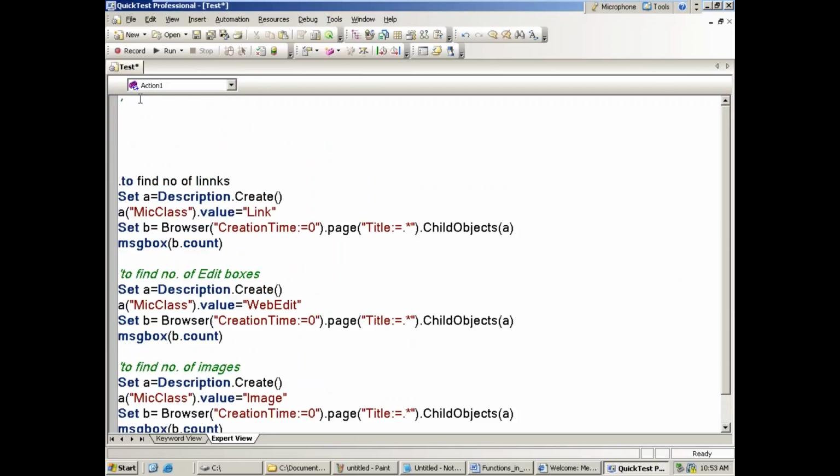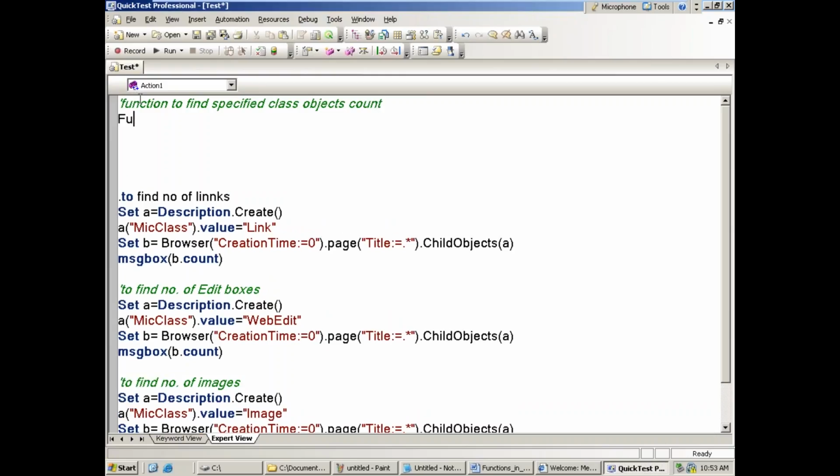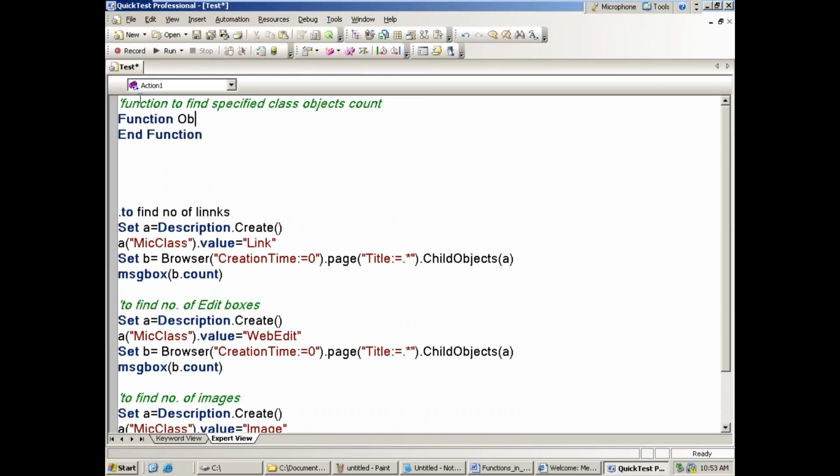Now see, this portion I want to take into one function. So I want to make one function to find the specified class objects count. Now what is the function syntax? Function name I am giving as obj_count, with argument my object.